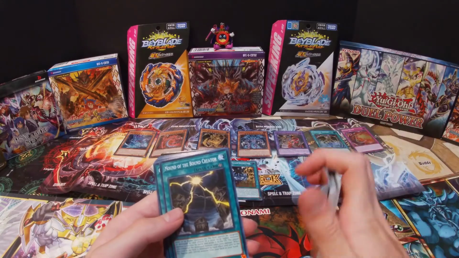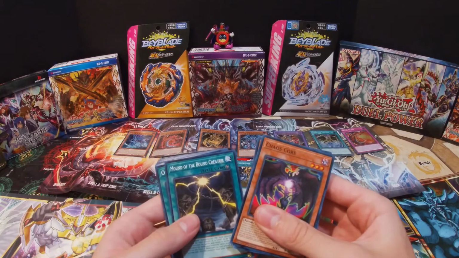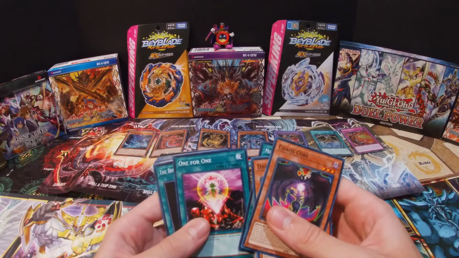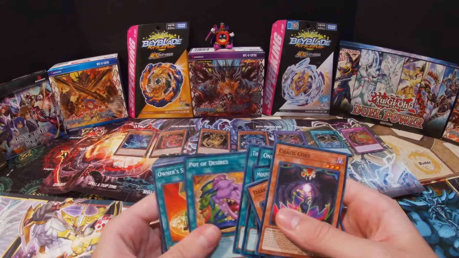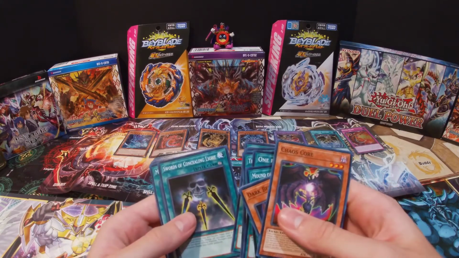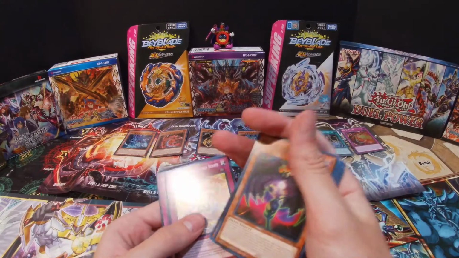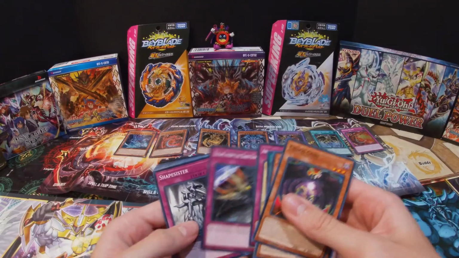It's kind of funny that they put this field spell in, because in Yu-Gi-Oh! GX, this was used to help control the Winged Dragon of Ra. So that's kind of funny. 1 for 1, The Beginning of the End, Pot of Desire, Owner's Seal, Field Barrier, Sword of Concealing Light, and Mystical Space Typhoon. And then here are the traps: Awakening of the Sacred Beast, Escape from the Dark Dimension,